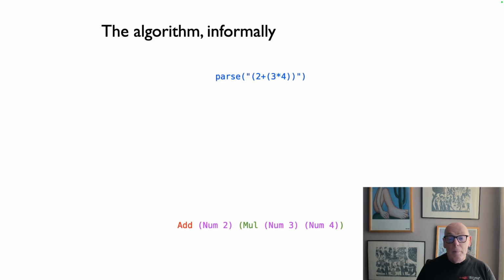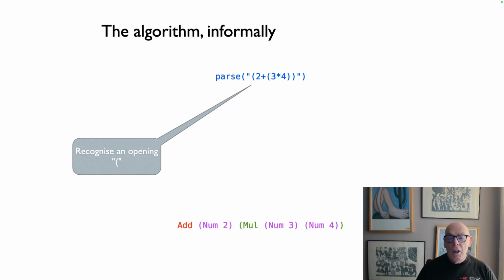And we're working in a particularly straightforward grammar here. We can write what's called a predictive parser, because we can tell from the first character of any string, any correct string built from the grammar, what kind of expression we're dealing with. So for example, if it begins with a parenthesis, we know it's an addition or a multiplication. Now let's look at how the algorithm works informally. We start off with parsing this